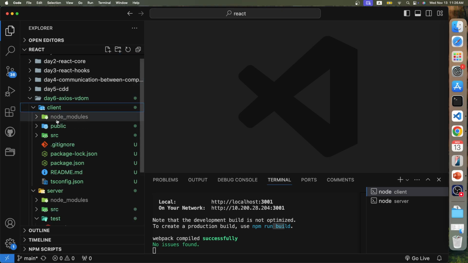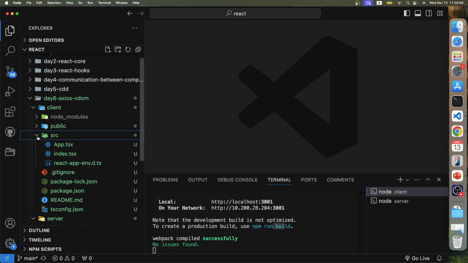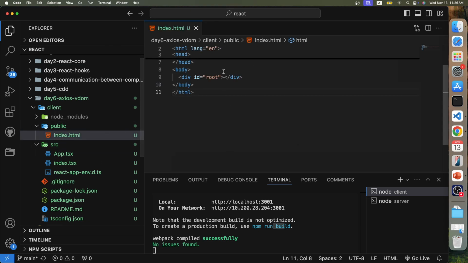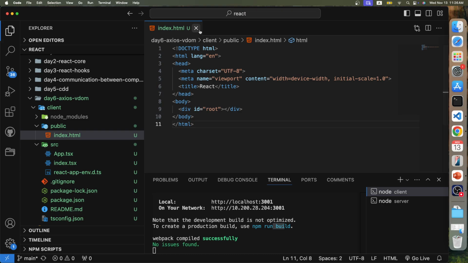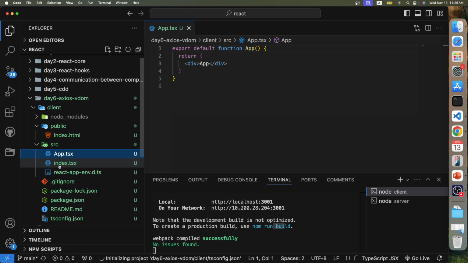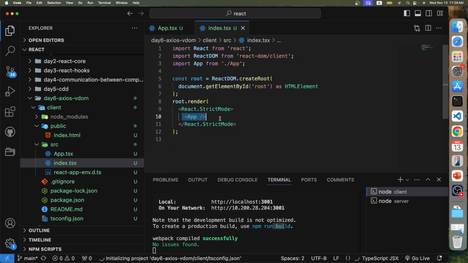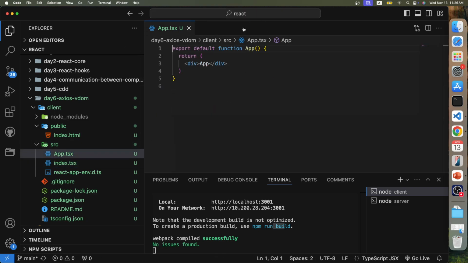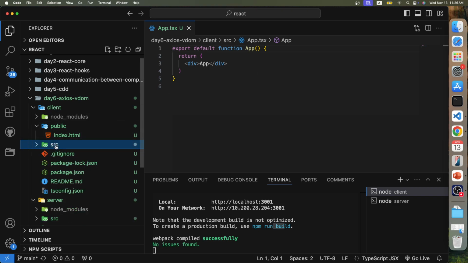For my client, it's a React application, and I just did a little bit of cleaning. So see here, just have a simple HTML, and this is my app. This is the index, which is a rendered app. Basically, it is the minimum for a React application. What I'm going to do is we can have